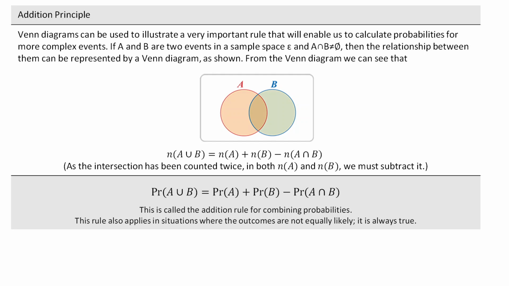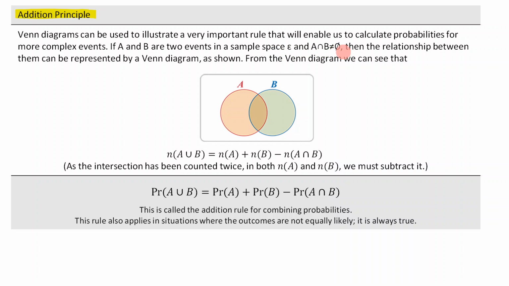So we're going to now talk about the addition principle, also known as the addition rule. So let's read this definition here. Venn diagrams can be used to illustrate a very important rule that will enable us to calculate probabilities for more complex events. If A and B are two events in a sample space epsilon, and the A intersection of B